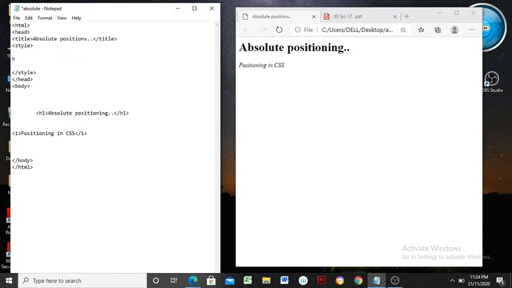Suppose I am going to design here heading level number 3. Within curly braces, we must first define its position, that is, of which type it is. It must be specified. So position, we are giving here absolute. A type of position is defined.